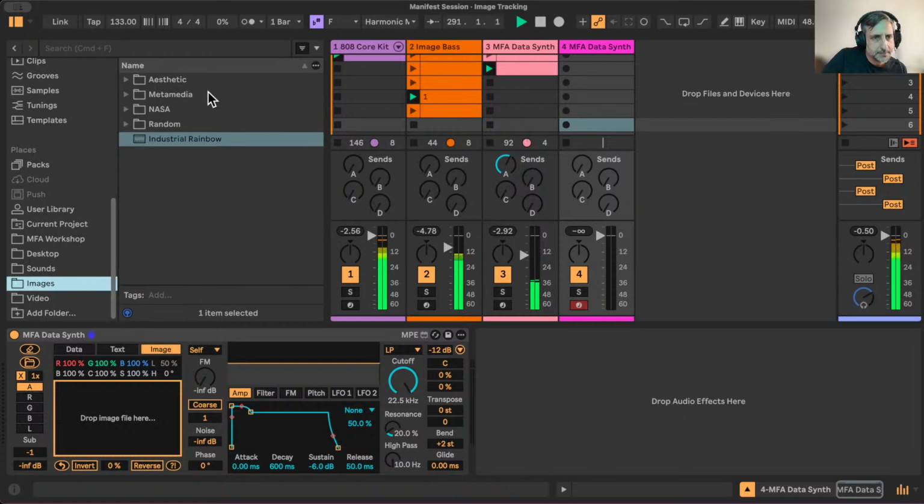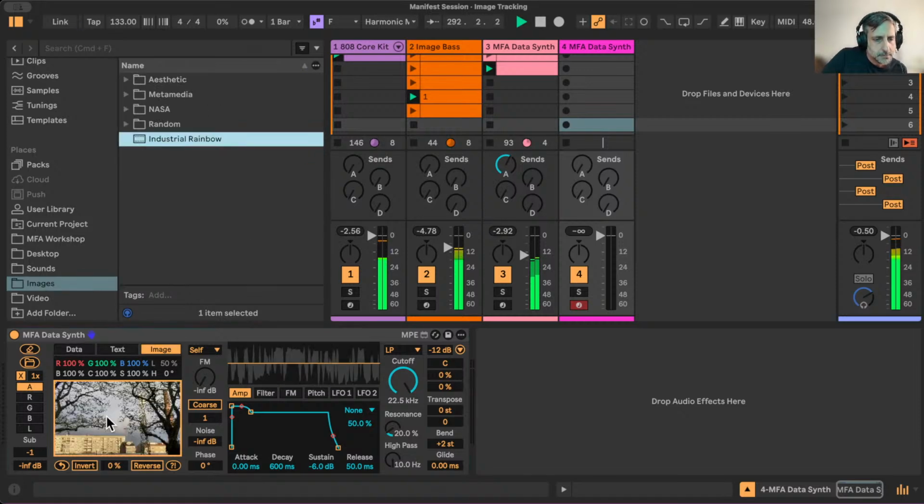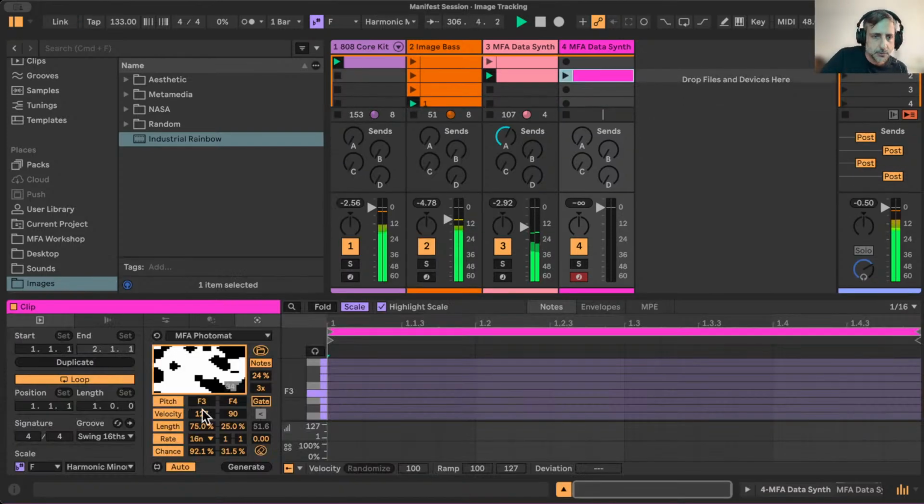Go back to my images here. Okay, and so now, being a pad, I'll increase the attack and release time a bit. And I will apply some positive filter envelope with a longer decay, and that will necessitate bringing the cutoff down a little bit. We'll play around with the waveform shortly, but yeah, let's go into the Photomat and let's do a different note